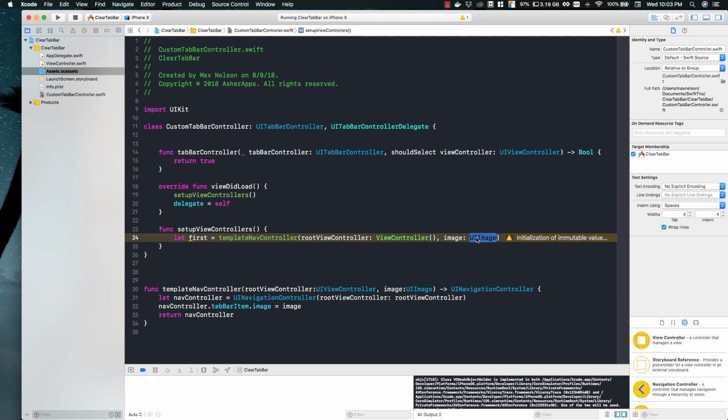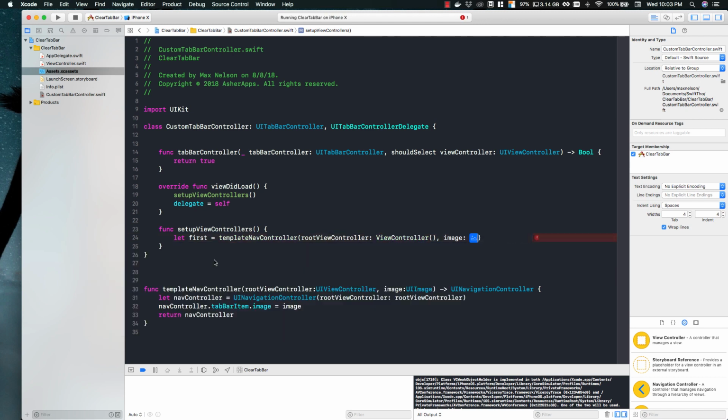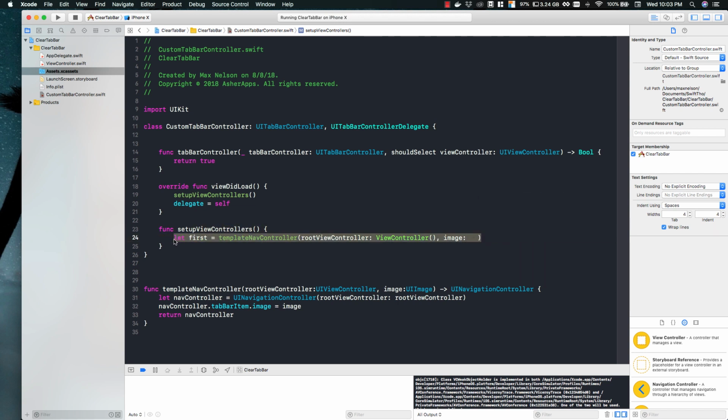So in here, we can do it in a couple ways. A nice way I like to do it is using image literals. If you just type in image, it will say literal, and you'll see this little icon. You click on it and you can select it. Now another way of doing it is the exact same way we did it in the